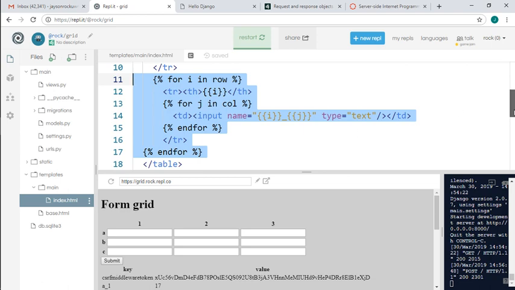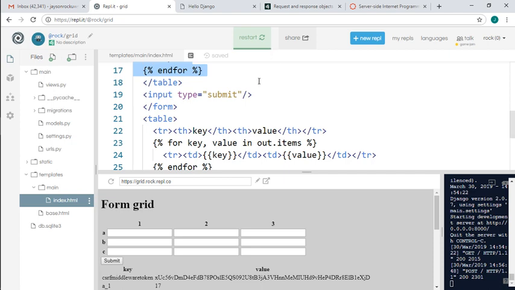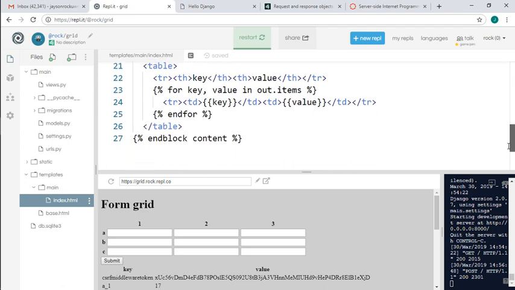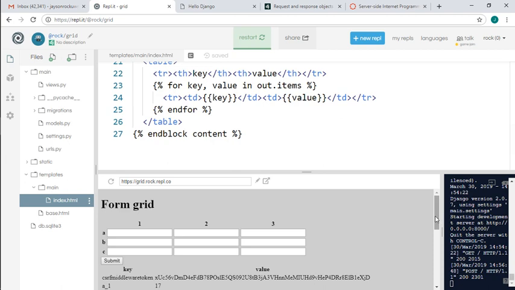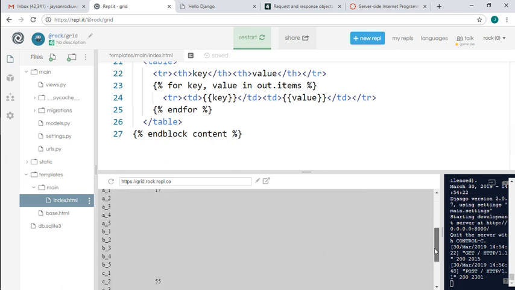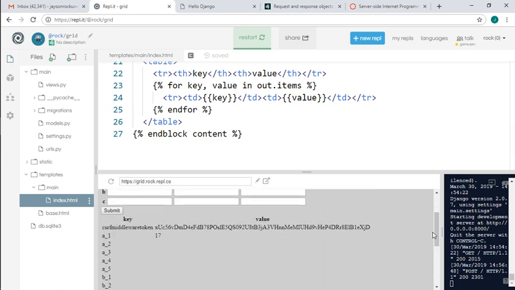Finally, it is a form after all, I need a submit button. Now the last part of this template isn't something you'll need in your application. I'm just showing you, illustrating, this is the data that is being sent to me. You're not going to want to show that on a web page in your application. You're just going to process the data. So you would not have this table of key value pairs in your web page, but you will need to